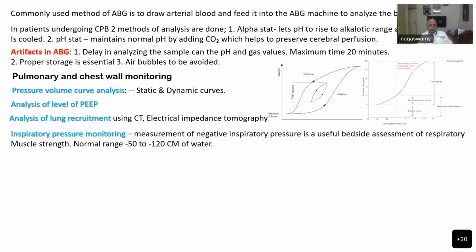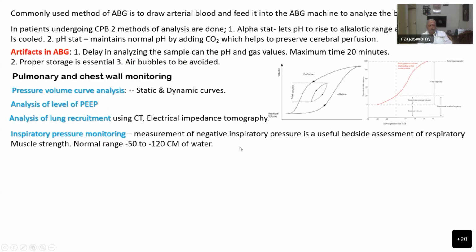Inspiratory pressure monitoring. Measurement of negative inspiratory pressure is useful for bedside assessment of respiratory muscle strength, and the normal range is -50. So negative pressure creation is very important when the patient is put on spontaneous mode. A normal range is -50 to -120 centimeters of water. If the patient is able to create that much